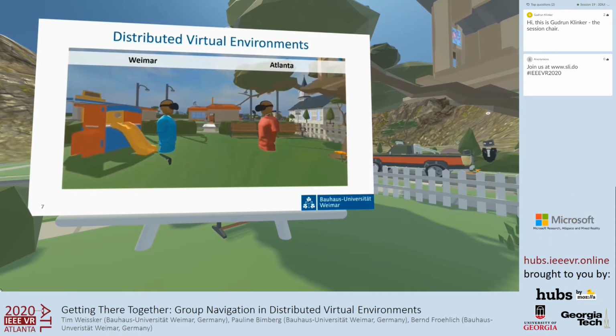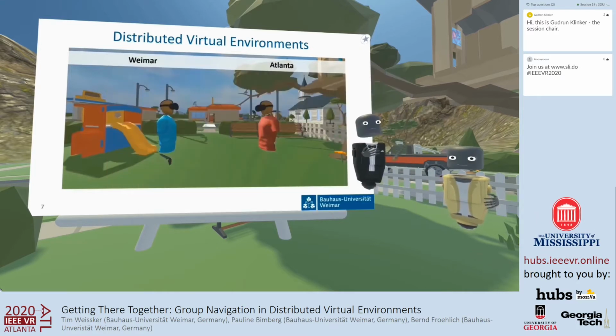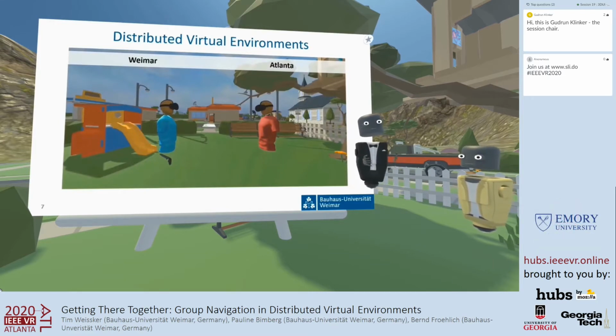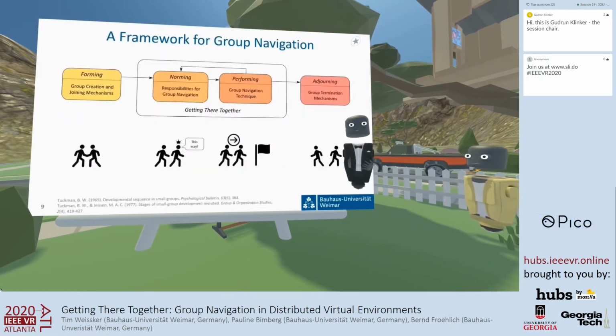And one could argue that this is a little redundant and could be optimized in a way, especially when the second user doesn't even know where I would like to go to. And as a result, we believe that group navigation techniques can also be very beneficial for distributed users and not only for co-located ones. So in this paper, we present a framework for group navigation techniques that is based on